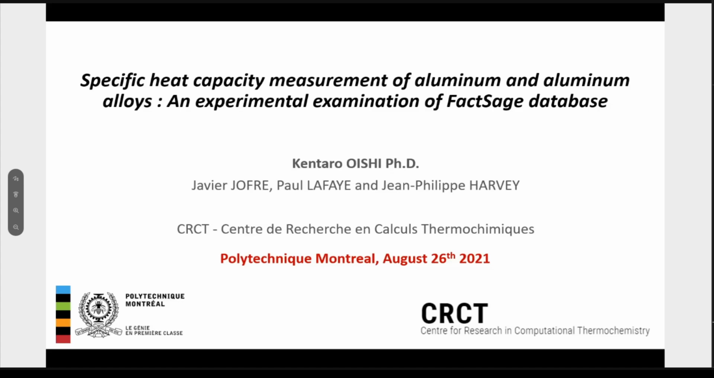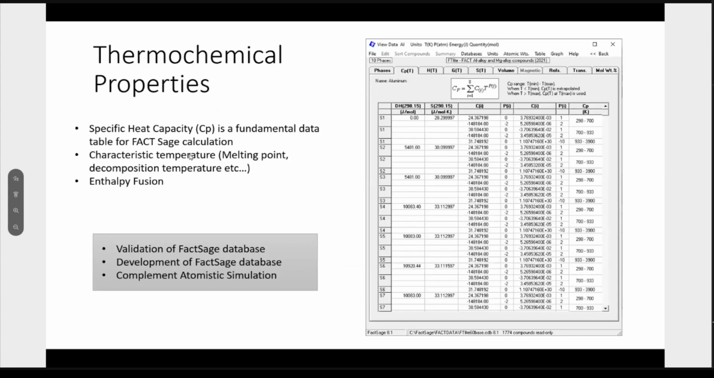Okay, so now, oh, no, it's the next one. For today, I'm doing some experimental analysis for thermochemical properties and specific heat capacities. Cp is really fundamental data for FactSage calculations. And also the characteristic temperatures, melting point, decomposition temperatures, Curie temperatures, whatever, are really important for the FactSage database. And also the enthalpy of fusion, which is really important for the